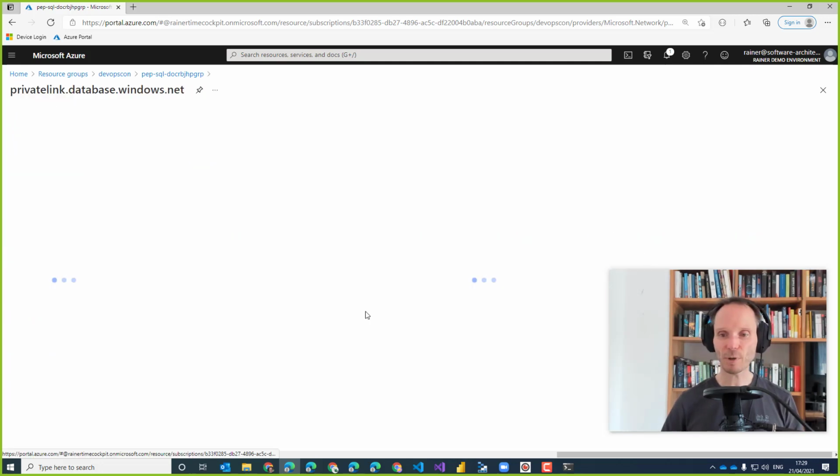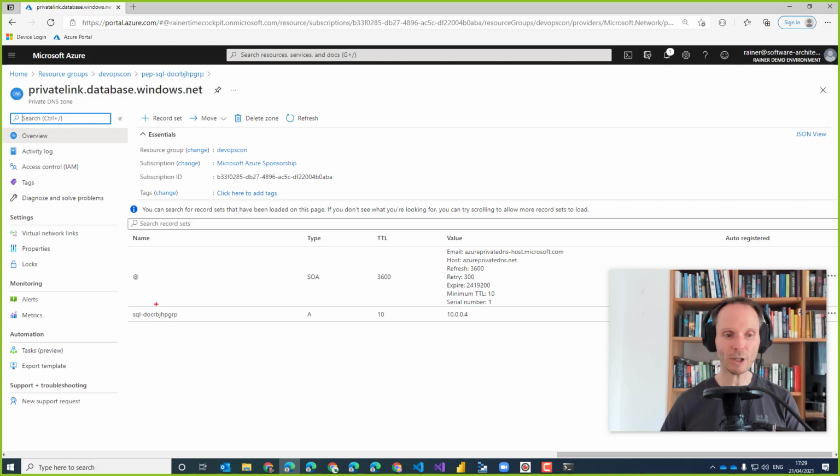So if I click on this private DNS zone, you will see that currently we have a single database server, and we have an A record here which points the SQL database server to this IP address. And that makes the whole magic work. Now, whoever runs inside of my VNet, or whoever routes traffic through my VNet and uses the DNS system of my VNet, will now end up using this private IP address for my managed SQL database, my managed Cosmos DB, my Azure Machine Learning, all the services that Azure can do.